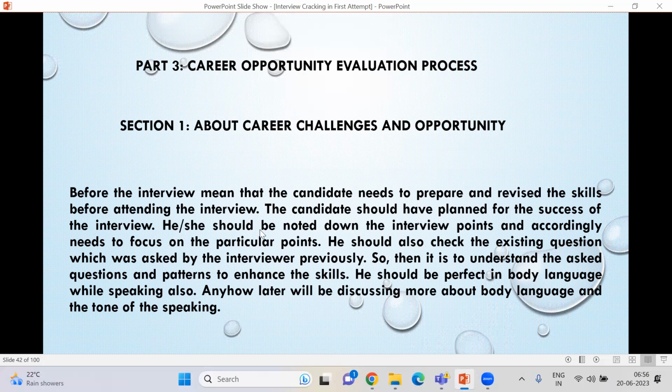He or she should note down the interview points and accordingly focus on the particular points. He should also check the existing questions which were asked by the interviewer previously. So then it is to understand the asked questions and pattern to enhance the skills.